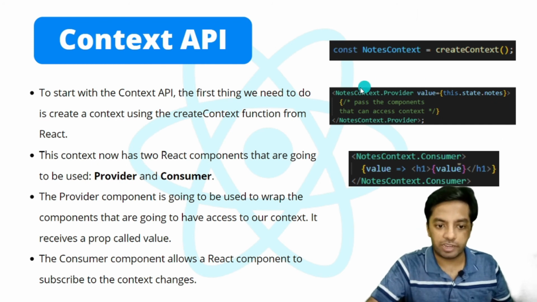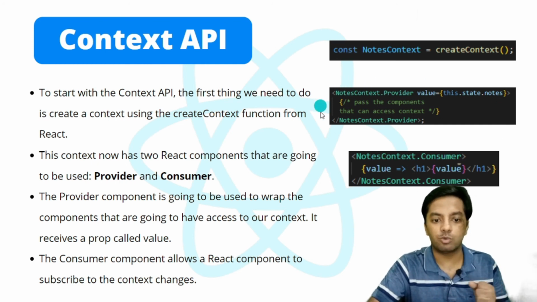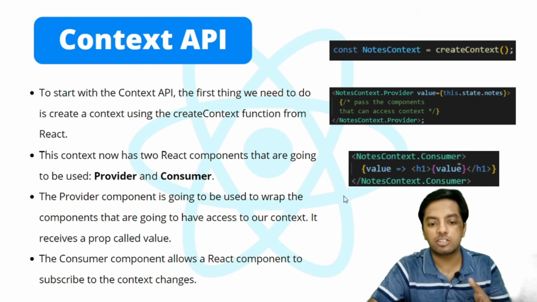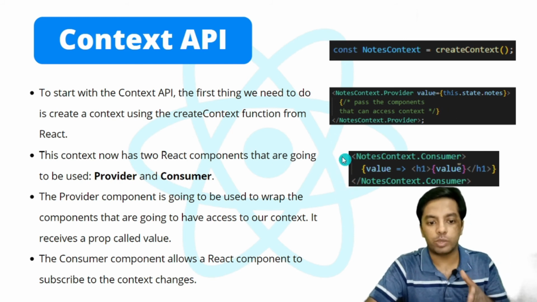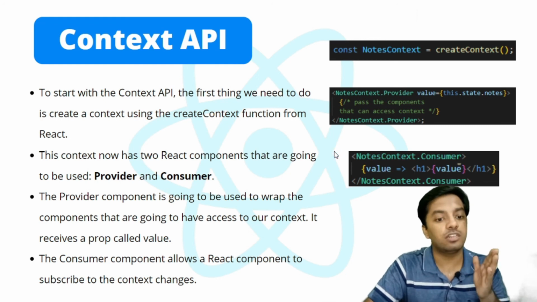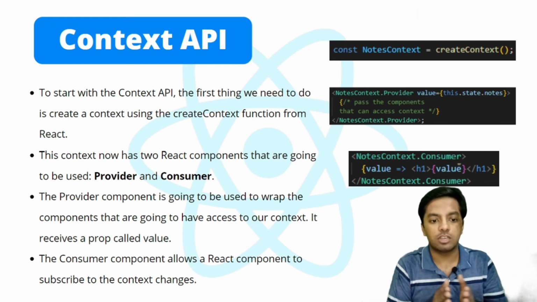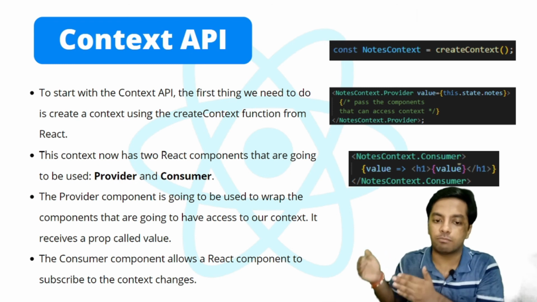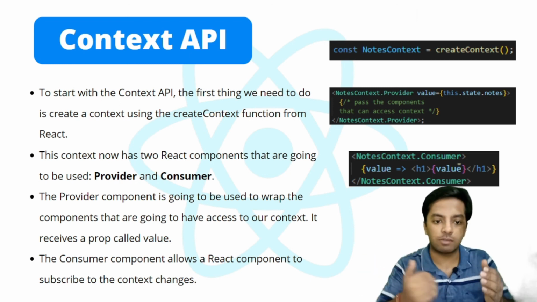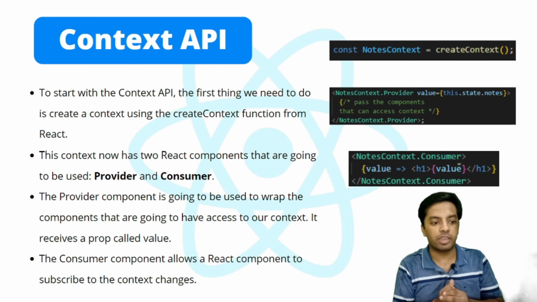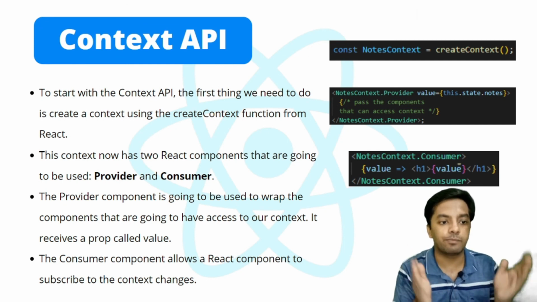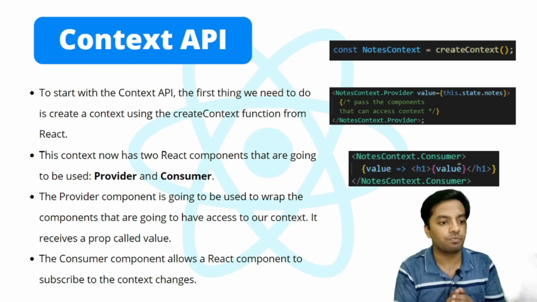So from the parent, we use the provider, and in the child we use the consumer. So now from the parent, instead of passing the values as props, we can directly use the values as global state variables. So this will allow us to use the values in different components without passing them as props to some unnecessarily used components. Okay, so this is what Context API helps us in doing.